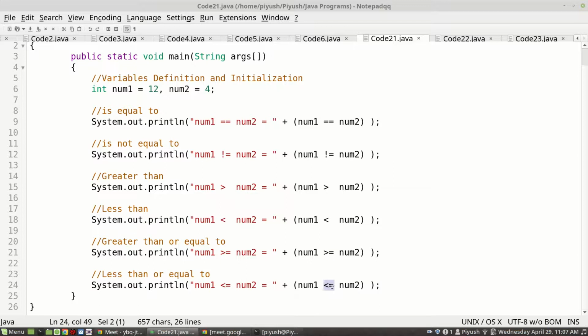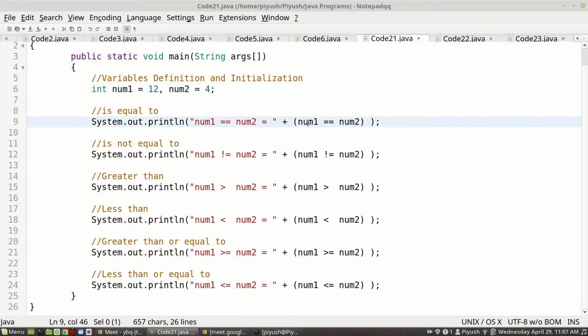So you can see I am concatenating the result of this expression, this expression, this expression and this expression with these messages. Okay, so num1 is a variable identifier which has value 2, and num2 is a variable identifier of a second variable having the value 4.